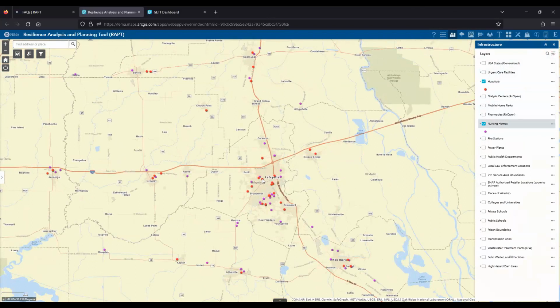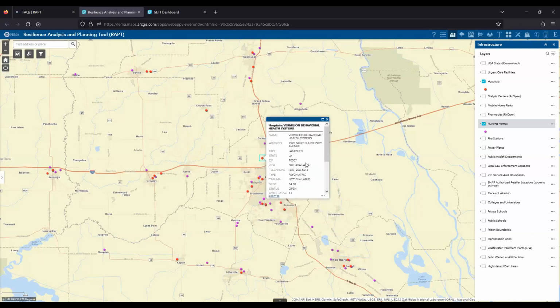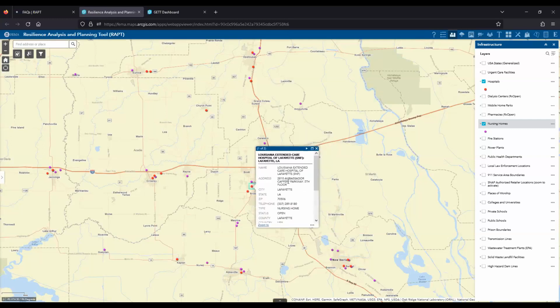And then while we're looking at these, if we click on one, you can see we have a pop-up. And there are a couple things it tells us. It gives us the name of the hospital, the location, the type, so general acute care, the trauma level. So for this one, it says not available. So Highfield must not have this information, but for a lot of them, it will tell us the trauma level and the number of beds in the hospital, what its status is. And we have a link to the website for more information. So I could easily go through and take a general look at what types of hospitals and how many beds and everything there are within this area.